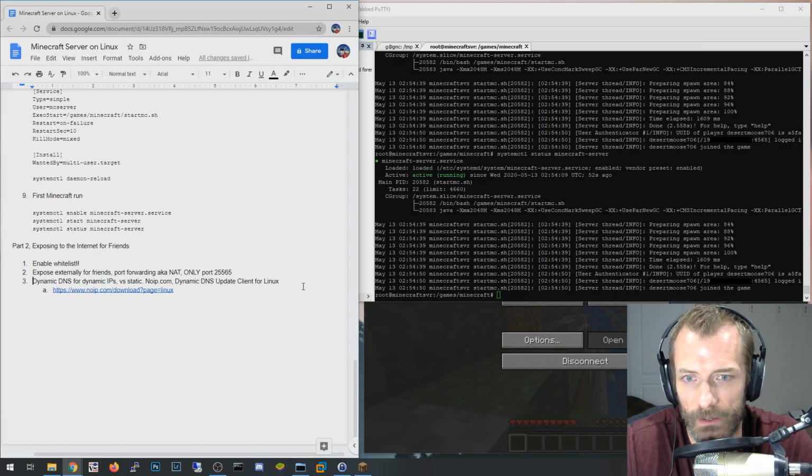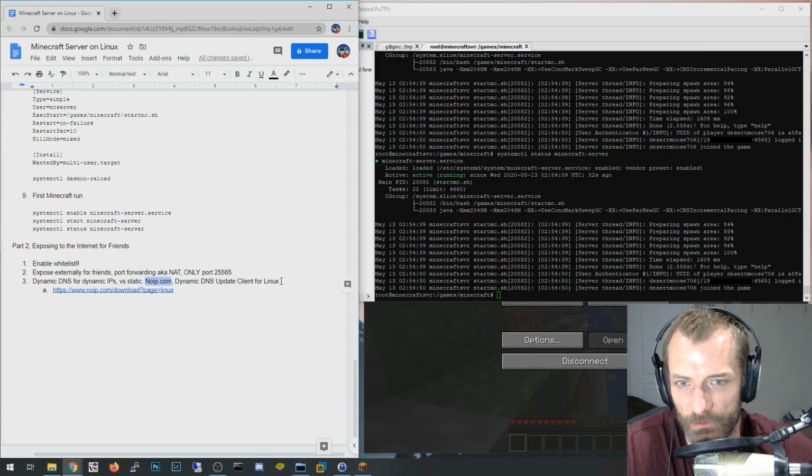Most people don't have static IP addresses, and so you're going to want to make an account on some kind of dynamic DNS service. Noip.com seems like a pretty good service. I have never used them personally. I signed up for an account that was basic, but I didn't end up actually using it. But it has a dynamic update client for Linux. So you could technically sign up for an account like this, get a host name at noip.com, like my Minecraft server is cool.noip.com, and they will have this client connect in and update your current dynamic IP to the no IP